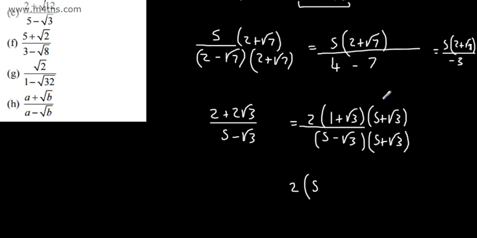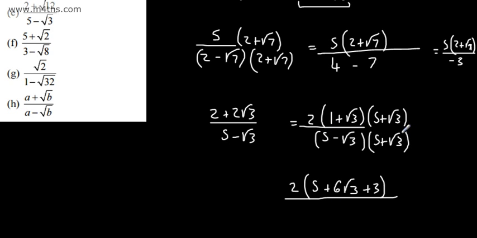Then we're going to have plus 1 root 3 plus 5 root 3, which is going to give me plus 6 root 3. And then in the numerator, we're going to have plus 3. So I've expanded that out, 1 times 5. Then we're going to have 1 lot of root 3, 5 lots of root 3, and then plus 3. And now that is going to be all over 5 minus 3. Again, show workings, but 5 minus 3 is going to give me now,